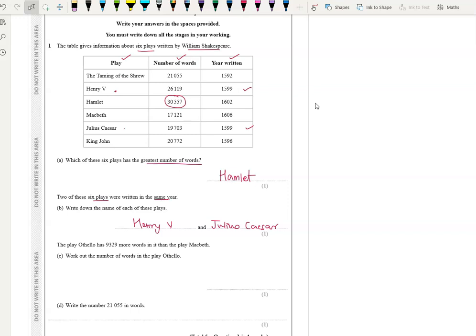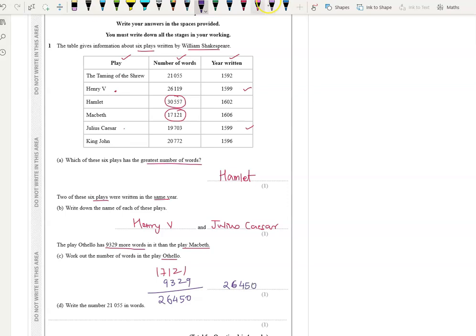The play Othello has 9329 more words in it than the play Macbeth. Work out the number of words in the play Othello. Macbeth has 17121 words and Othello has 9329 more words. So you add 9329 to it, so you'll get a total of 26,450. So play Othello has